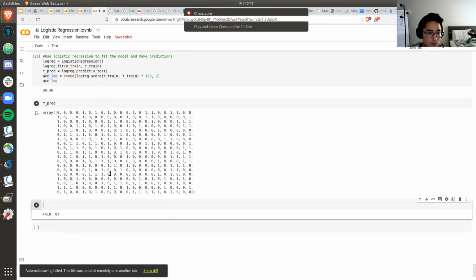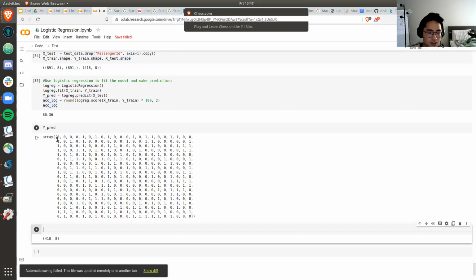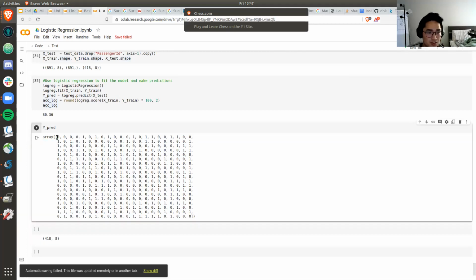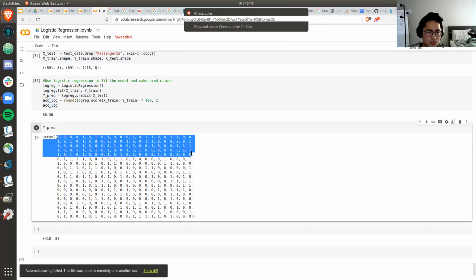Your YPRED outputted an array that contains all the prediction values for the test data set.